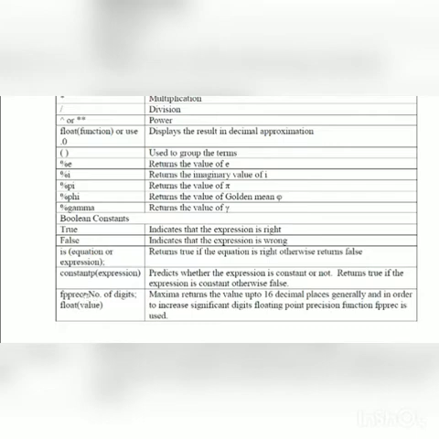This colon is called the assignment operator. Remember, this colon is called the assignment operator. If you want to assign anything to a variable or a particular command, you have to use colon. So fpprec colon 50 semicolon, then float of that function or value. That gives you the value of this function up to 50 decimal digits. So this is how you can increase the significant digits in the decimal places.